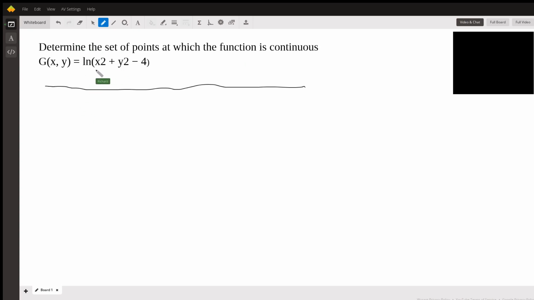Let's talk about the log function and the way it works. The log function looks like this: y equals log of x. It doesn't matter what the base is. It could be base 10, it could be base b, it could be base e, which is what the natural log is. Well, basically, the domain of this function,